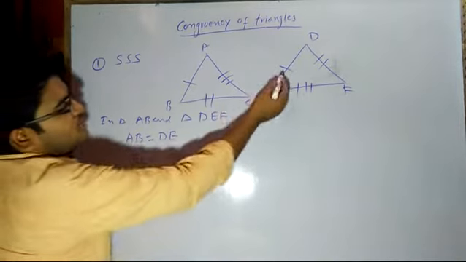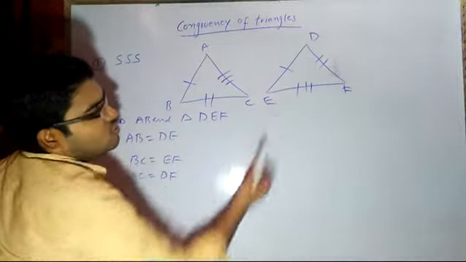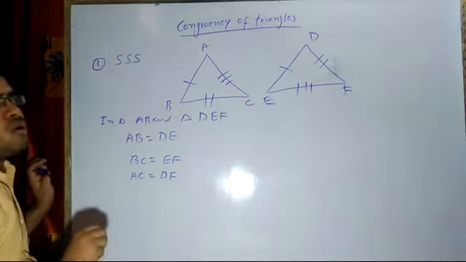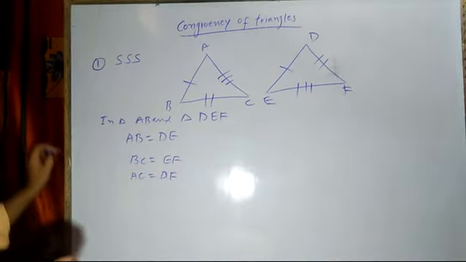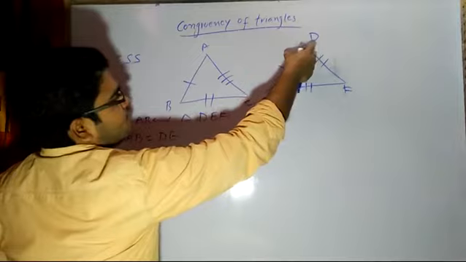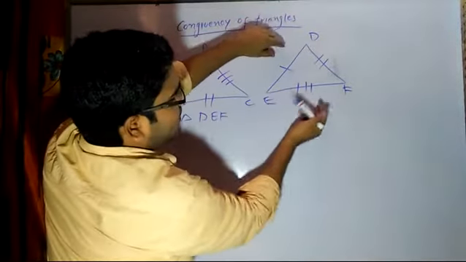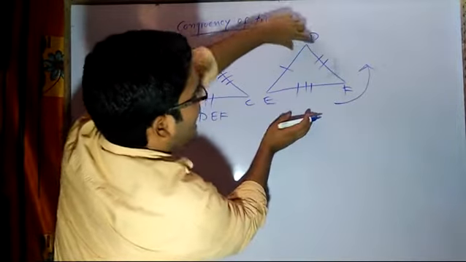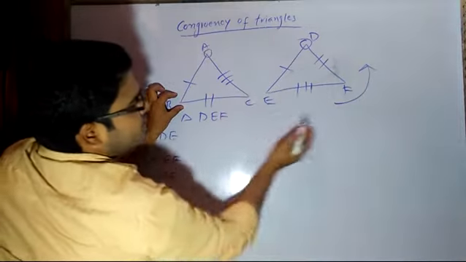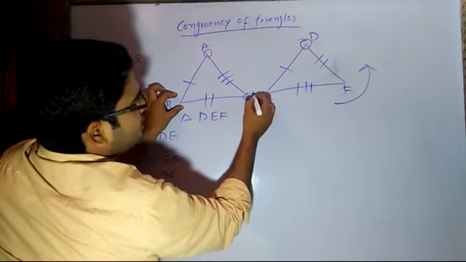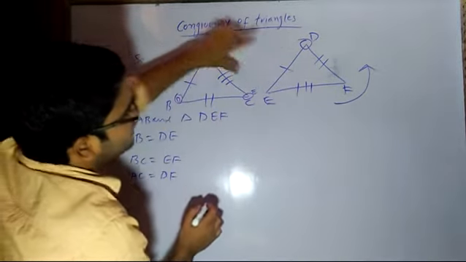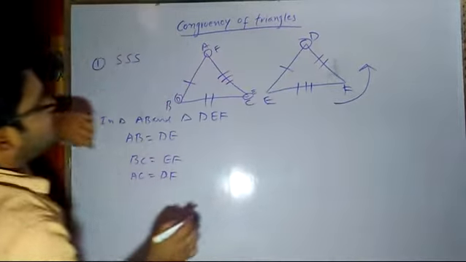Correct? Now these sides are equal. This side is congruent to this side, congruent to this side. If we change and overlap and twist and keep on this, obviously they will overlap each other. Now if you see this side, if I twist like this anti-clockwise, and I try to bring and keep this D here, then F will come and sit over here and E will come and sit here, right? E will come here, F will come here and D will come here. Now if D and F, which part? D and F. Here what will I get?